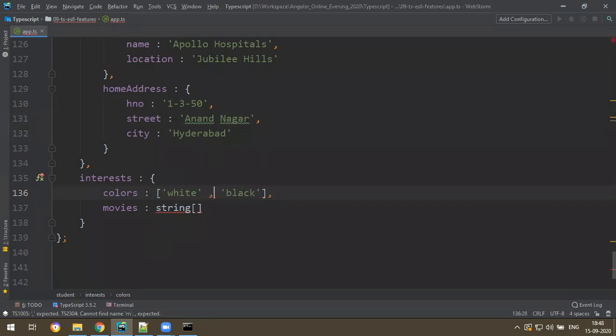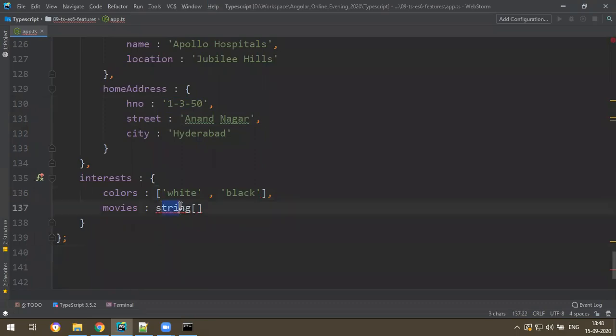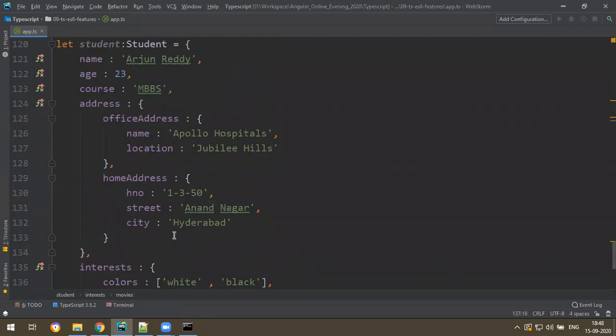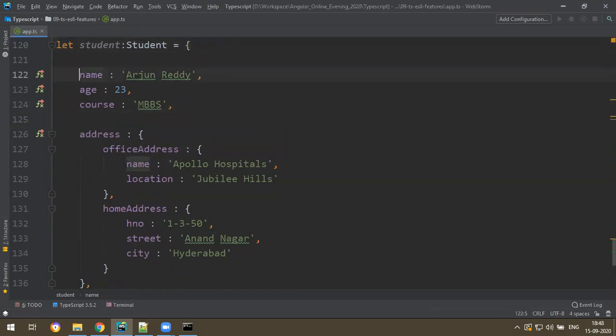Can we take a function inside the interface? Function, yeah, you can take. Give us an example, please. Function means you can take something like this, first name.